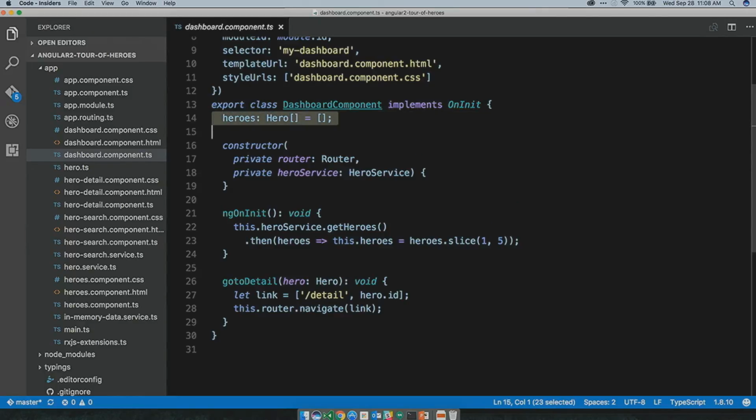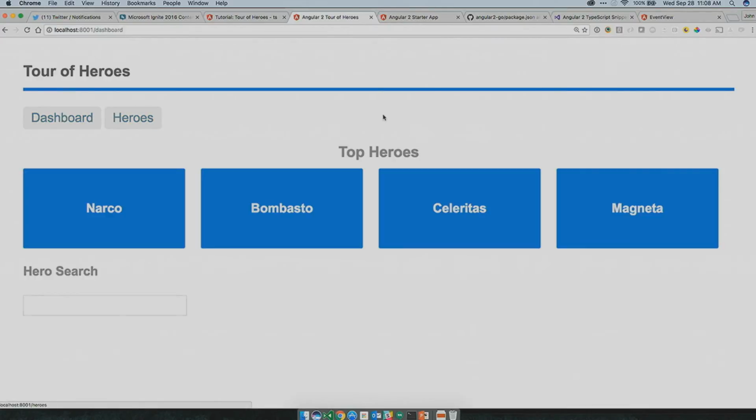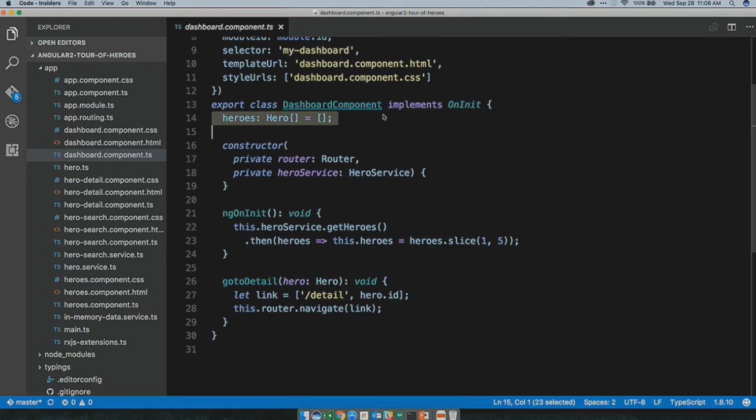Inside the dashboard, we just want heroes to show. We're showing this right here with those 4 guys on top. We just wanted the logic to get those 4 guys, show them on the screen. So the information to go get the data, like how does it get the data? Where is that API? Is it in Node? Is it in ASP.NET? Is it in Java? Is it in the cloud? This component has no idea where that is and shouldn't care. The component just says, somebody will give me the data, I will put it on the screen. That's my job. So the component is very small.